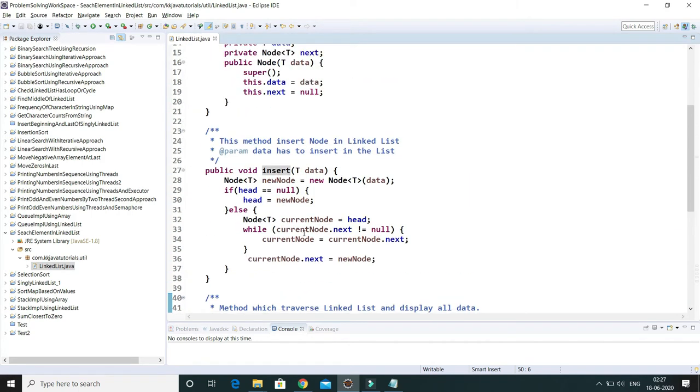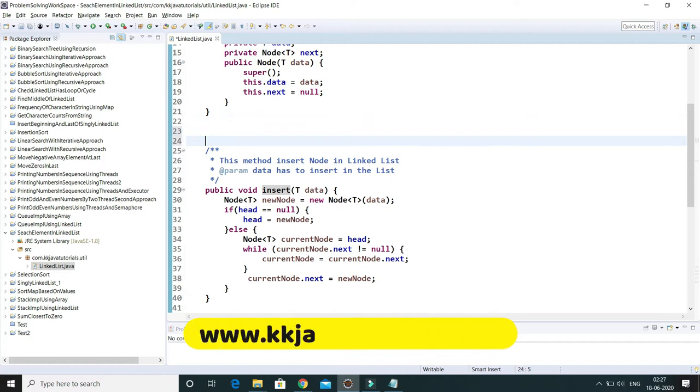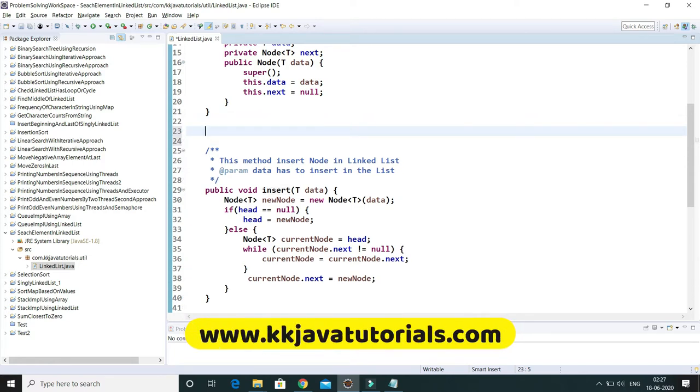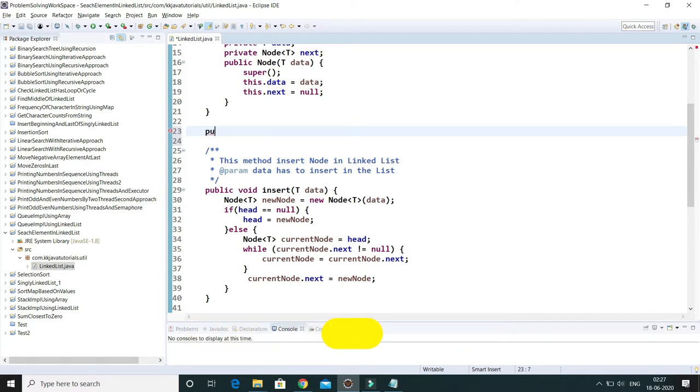Now I'm going to write one method which will return a boolean value, true or false, for a search key. I will write public, and the return type of course will be boolean, and the method name you can give anything, but here I am going to name it contains. Contains will accept a search key, which we have to search throughout the linked list.